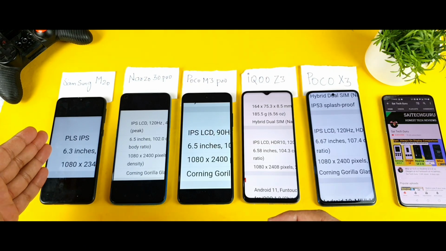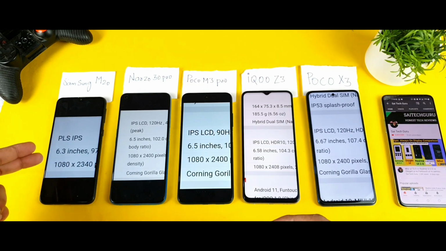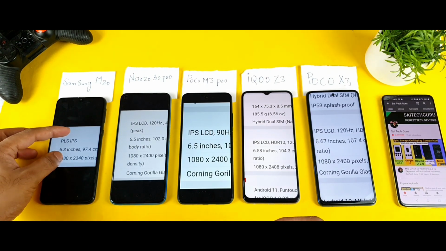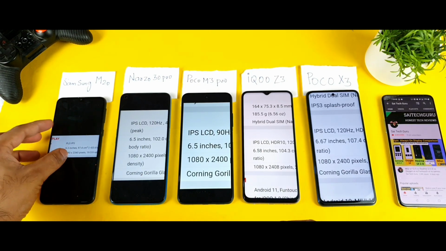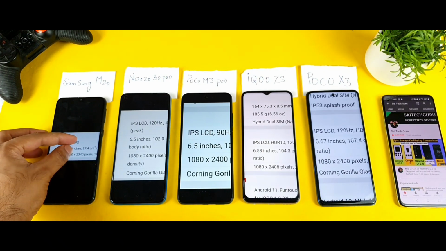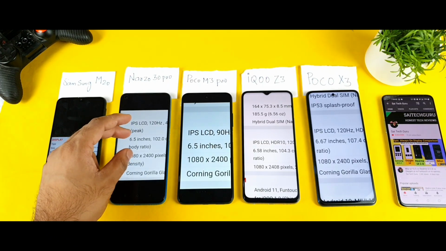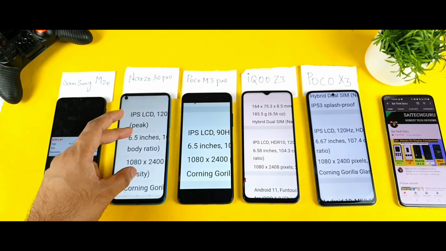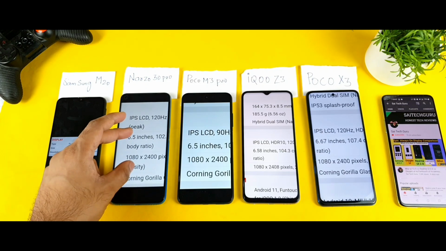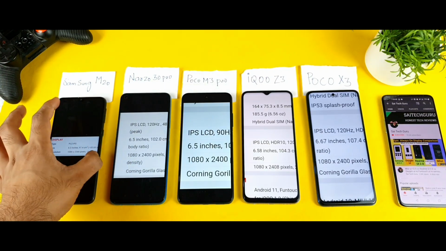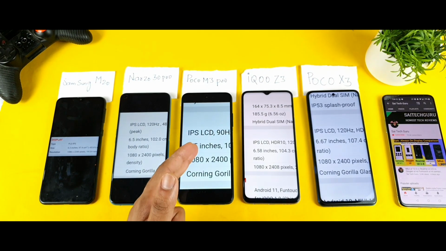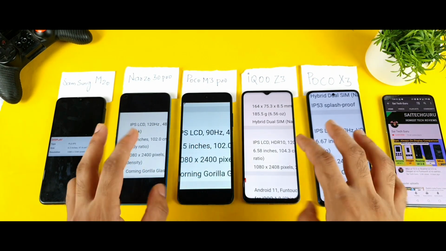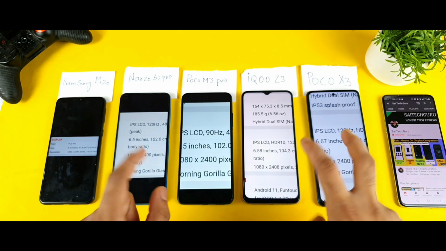And first is the Samsung Galaxy M20 which has got only 6.3 inches screen size with a 1080 resolution. Yes friends, as you can see, 1080 resolution, which is a PLS IPS LCD panel. So this is a type of panel which is used in the Samsung Galaxy M20 model. Next in the Realme Narzo 30 Pro which has got 6.5 inches display and with 120 Hz refresh rate. So except the Samsung, the rest of the phones do have the higher refresh rate as well. And Poco M3 Pro which has got 90 Hz, and all these 3 smartphones do have the 120 Hz refresh rate of display.